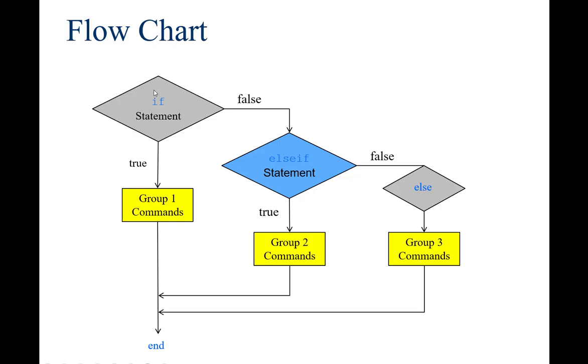So if it did not meet the if statement, then it's going to come down to another question. Say, okay, well, if x wasn't less than that value, is it at least less than this value? Maybe you have a new logical statement here, and if that's true, then we follow these group 2 commands. And if it's not true, then maybe it falls into an else category. This is essentially a catch-all. It didn't meet any of the criteria from the if statement or the else if statement, so we want it